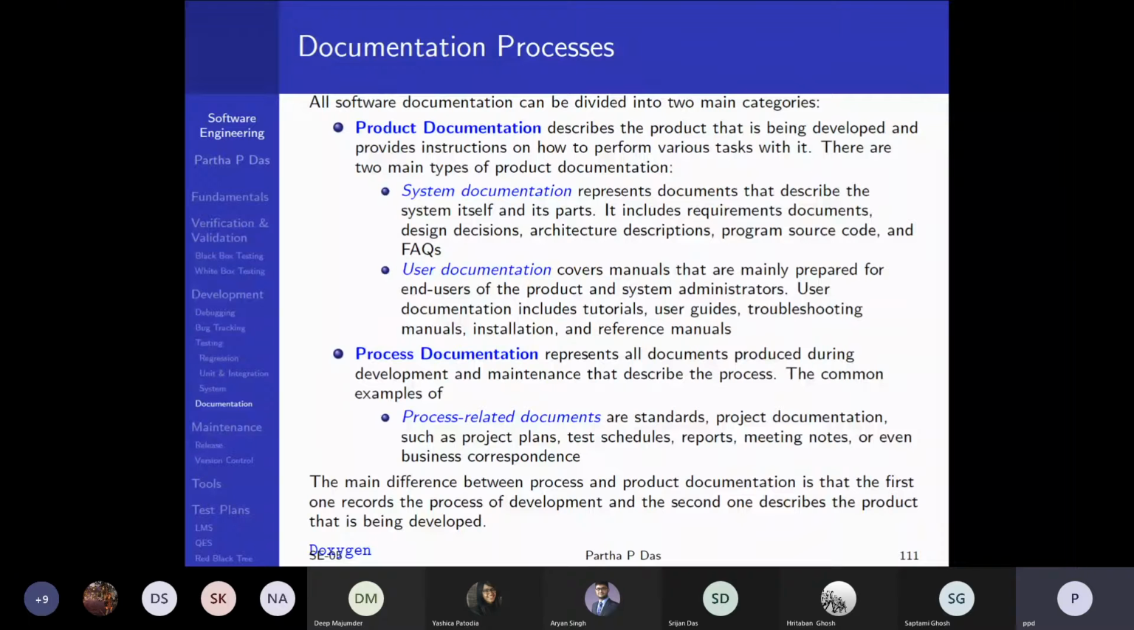That is, what kind of processes have been followed. And